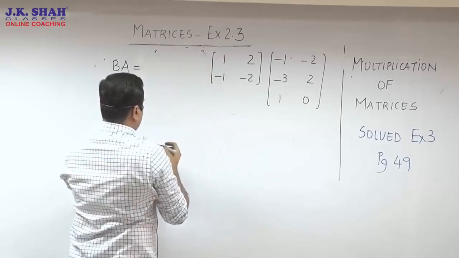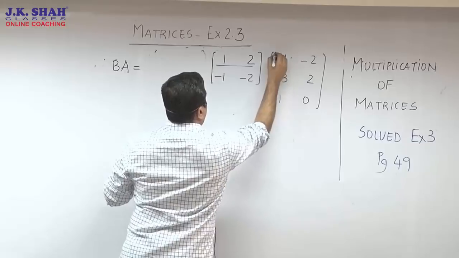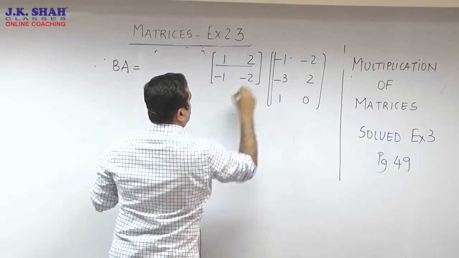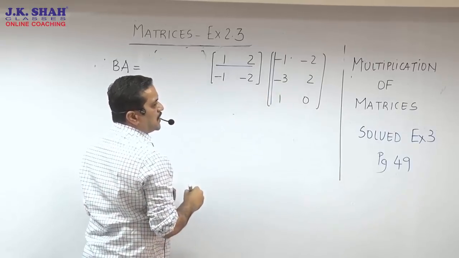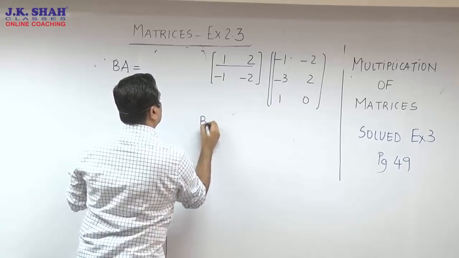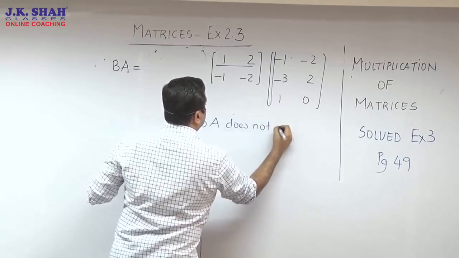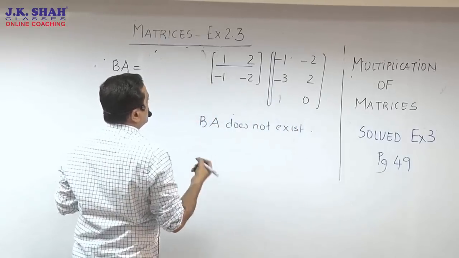शायद पोपट हो गया. Check for yourself. When I am going for R1, C1, पोपट हो गया. Now R1 has got only 2 elements and over here I have got 3 elements. So it's very clear you cannot multiply the matrix. So we do happen to say BA does not exist. But maybe I do understand you'll have to write some more reason in that why it didn't happen. So you can write the number